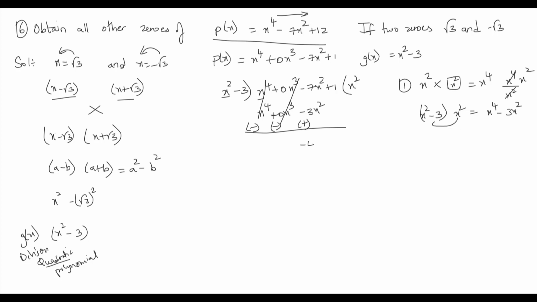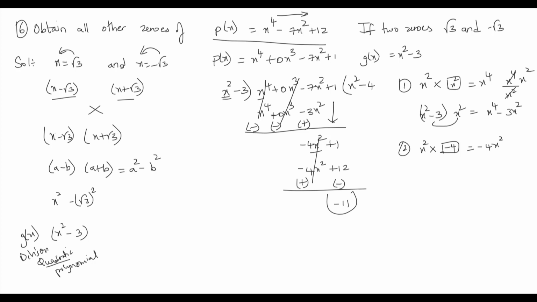Minus 7x square plus 3x square will give us minus 4x square. Get this down, plus 12. Next step is to compare minus 4x square and x square, that is, what should be multiplied to x square so that you will get minus 4x square, that is minus 4. Place that minus 4 over here, hence we will get minus 4x square, minus into minus is plus, 3 4s are 12. So minus changes to plus, plus changes to minus. 4x square gets cancelled. 12 minus 12 is 0. Hence we have found our q of x, that is x square minus 4.